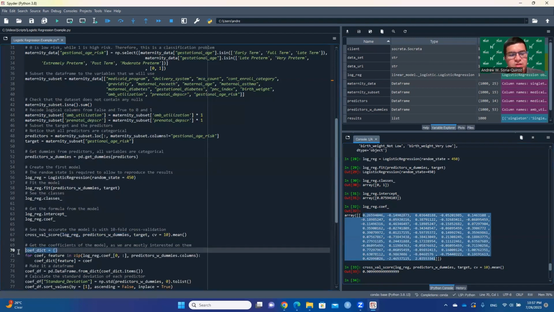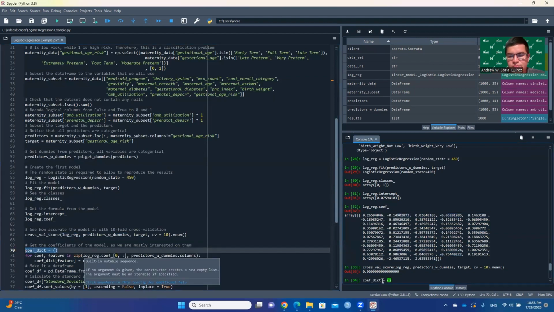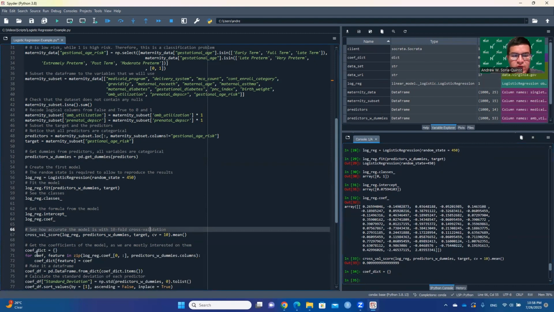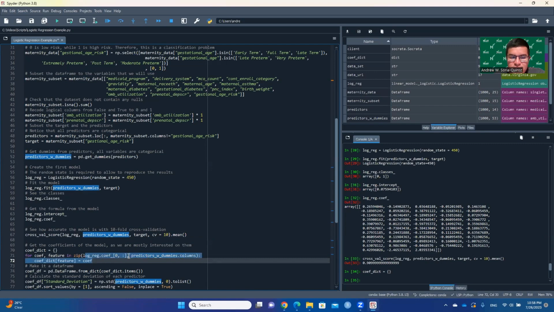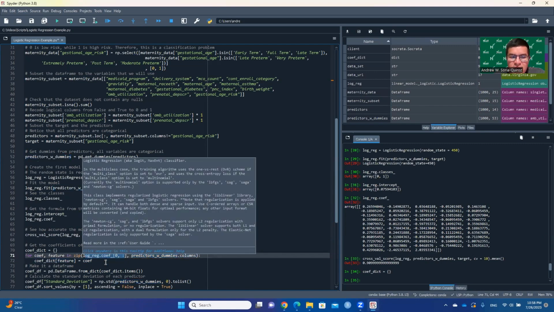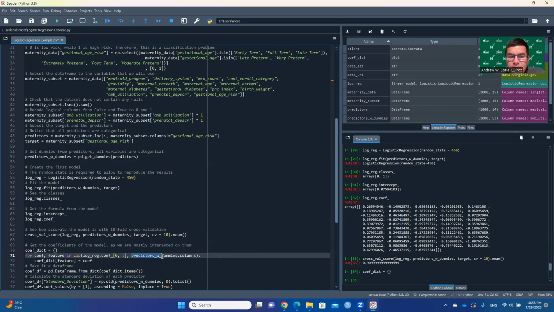I'm going to first create a dictionary with all the coefficients. And from there, I'm going to use quite a bit of comprehension here, making for each coefficient and each feature in the zip of the logistic regression. So in each of these coefficients and predictors with dummy columns, you are going to take the first value of this coefficient, and you're also going to take the predictors here and then assign that feature to the coefficient. So if I run this for loop,